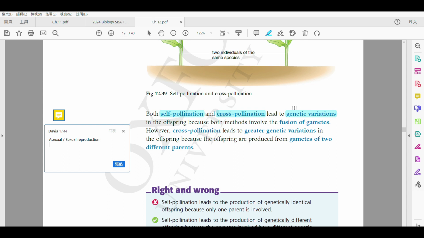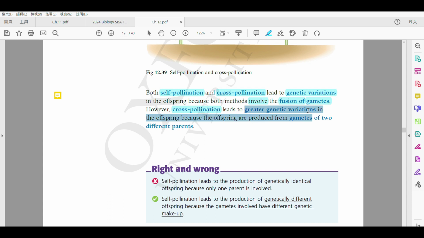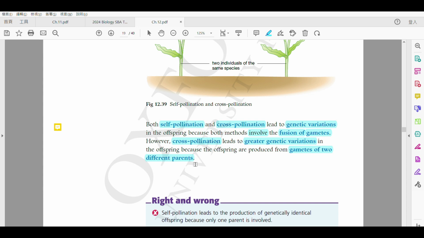Okay, so we'll look into that. 好啦，講一講翻先。So why will both have genetic variation? Because they involve gametes. 佢哋係有呢個 gametes 嘅，而且啦，我哋講過啦，係 fuse together 啊嘛，佢哋係 involve 咗 fusion of gametes. Alright，而啦同一時間，我哋會知道 cross-pollination 啦會有 more, 嘅 greater 啦或者 more 啦呢個 genetic variation. Because 因為點解啊? They come from gametes of two different parents 啊，因為 two different flowers 啊。